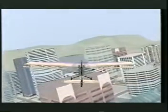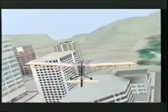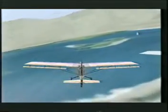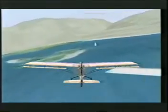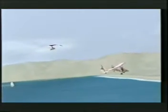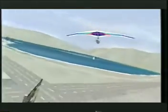This application by Realimation enables developers to design realistic 3D graphic animation for 3D e-commerce applications and consumer games. The Pentium 2 processor brings a new level of 3D processing power to workstations for digital 3D content creation. Notice the detailed and realistic looking skyline and the smooth motion of the aircraft. With effects like these, Pentium 2 processor-based workstations have the ability to change developers' and business users' outlook on 3D